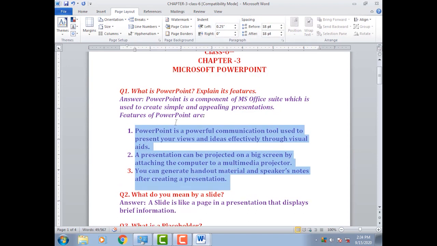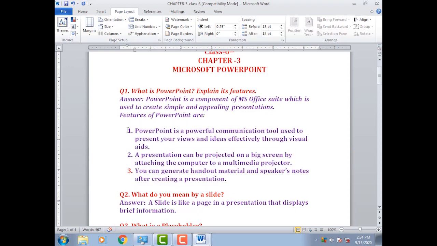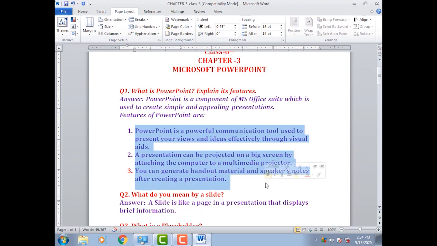Now if you want to change the spacing before or after a selected paragraph, let us see the steps. First select the paragraph before or after which you want to change the spacing. I have selected this much part here. Now go to the Page Layout tab. This is your Page Layout tab. Move to the Paragraph group. This part is called the Paragraph group.